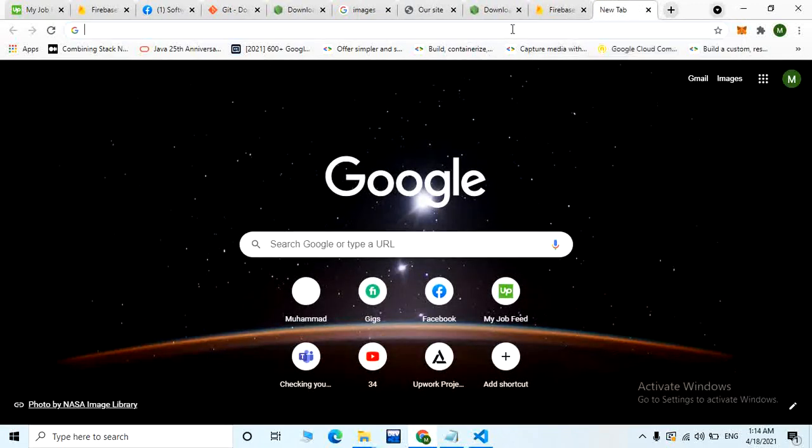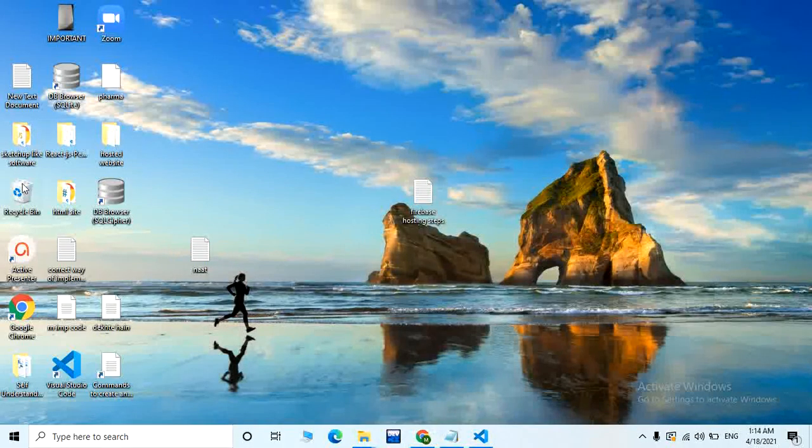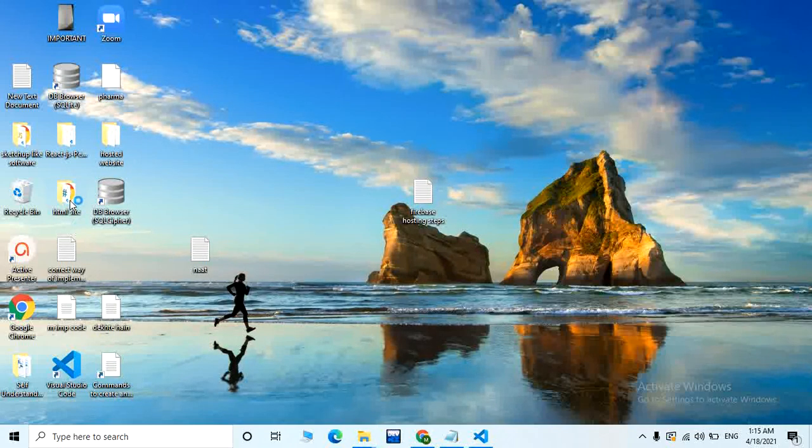You can change your GitHub files. If you want to change your GitHub files, what you have to do is go in your repository and change your files here. You can paste your updated files or edit your files here, and after that you have to just